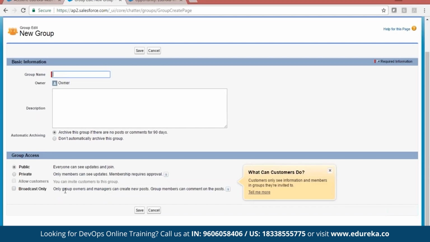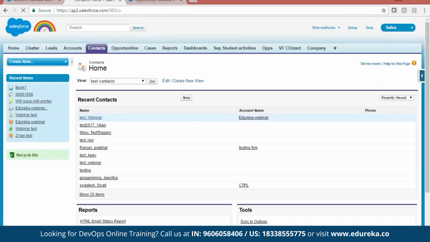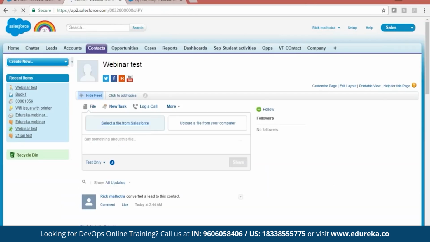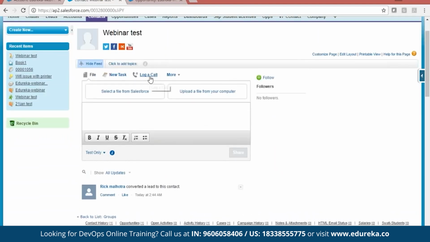Then the other feature we have here is we can connect our chatter with all records. It's not limited to our communication, it's also available for your records. Now let me show you how it works. So let's try, if I go to contact, if I go to lead, if I go anywhere, let's say if I open this contact, now here I can also do some chatter actions. I can follow this. I can also do some chat options. I can also go for at mention. I can also log a call.